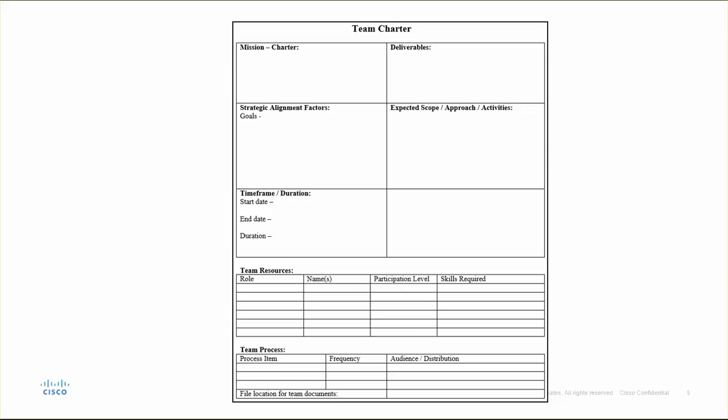Here's a sample team charter. The team's mission is at the top. Use brainstorming, collaboration, and consensus techniques to develop your team's mission statement. Other sections of the team charter: deliverables the team is chartered to accomplish, strategic alignment factors for the project back to organizational strategy and team goals, the expected scope, the plan for approach and activities to be undertaken, the time frame for the project, team resources, who's on the team and their role within the team, processes for communication and information sharing,